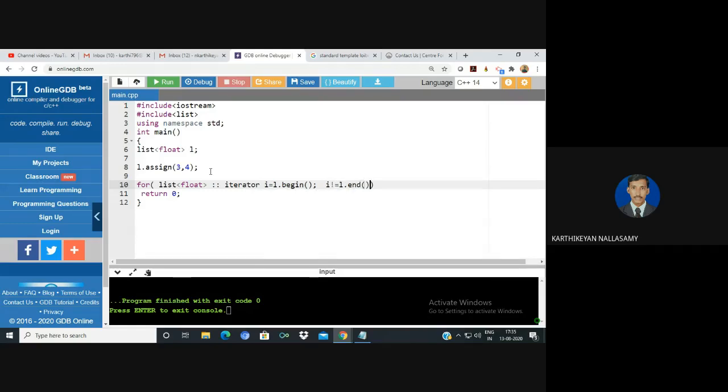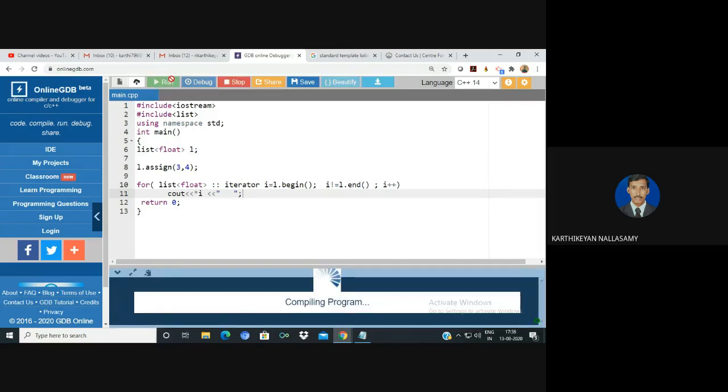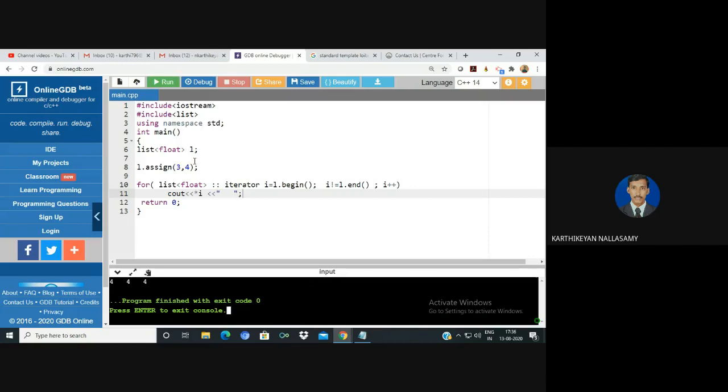My list name is L, so the iterator should not reach the end of the list, and then you can move it. The iterator automatically moves based on the address. As I told you, everything is stored in the form of addresses only, so we need to display the values at that address. I'm going to run it and display what values we have. So assign is one of the methods to assign multiple duplicate values inside of it. That means the value is inserted 3 times.